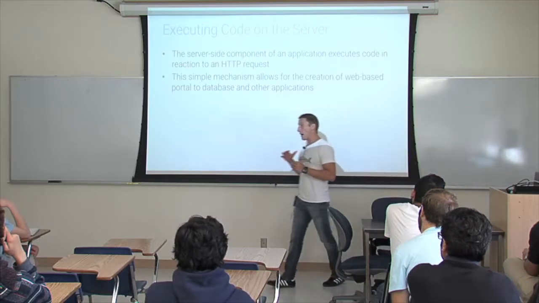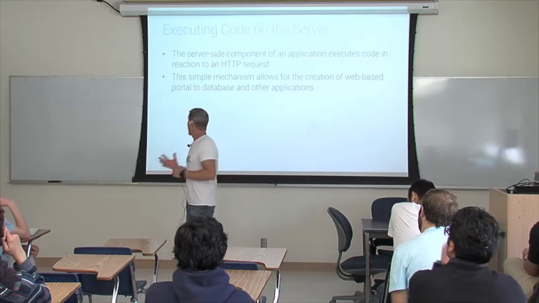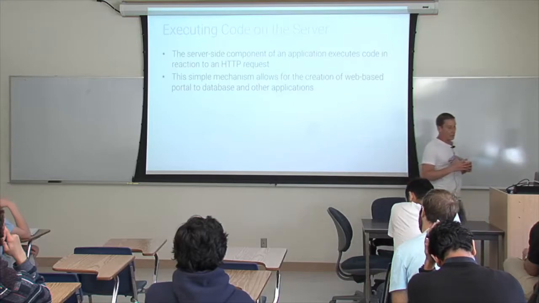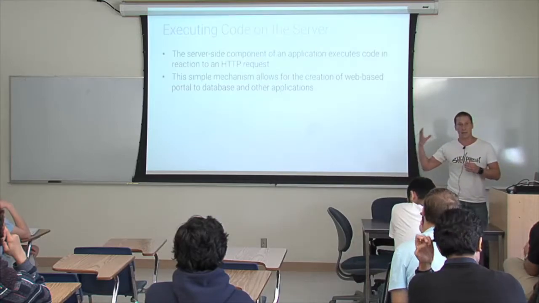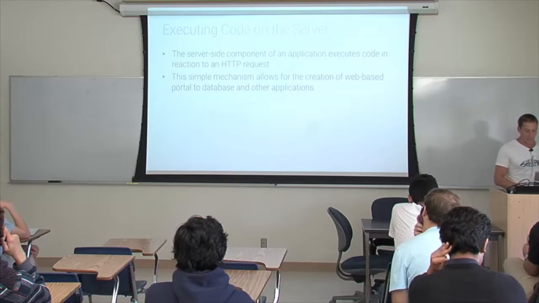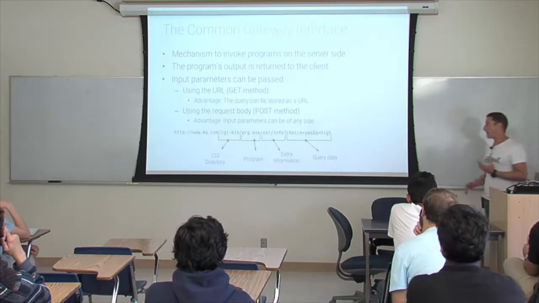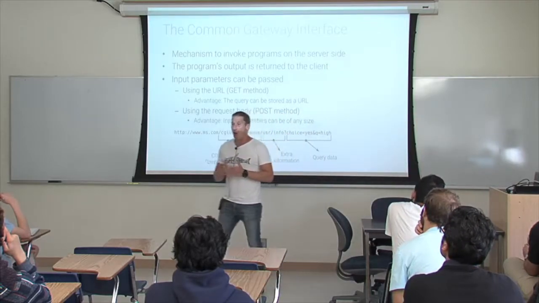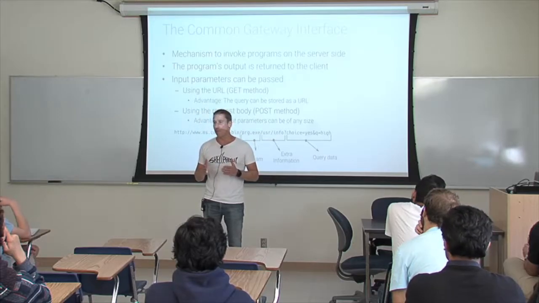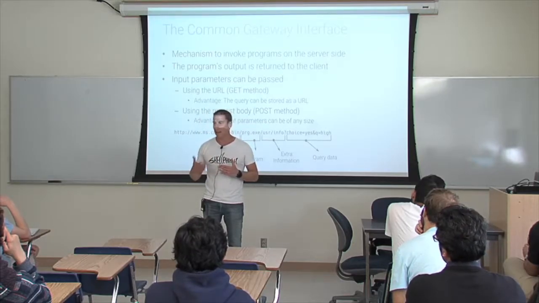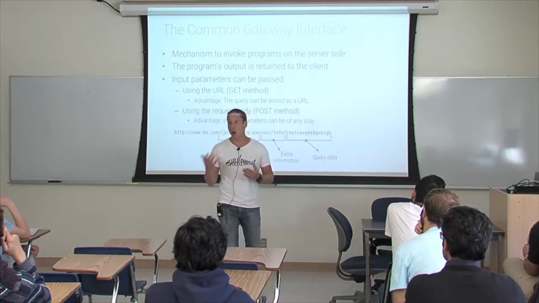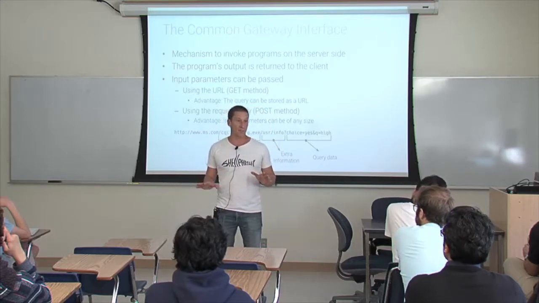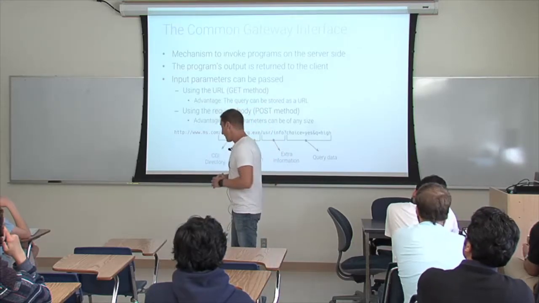Let's talk now about how to execute code on the server side. The most important thing that we will see is the ability to customize the code that is sent back in response to the request. The first way in which this was happening was through the Common Gateway Interface. And this is now an obsolete way, if you want, to execute back-end programs and extend web servers beyond just serving documents. But this one thing changed the web completely.